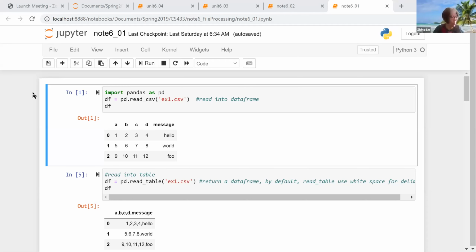Okay, so today we will start with a new unit. It's regarding various types of file processing. So there are two topics in this module: file processing, so various types of file, and data cleaning. We first start with file processing, and previously we already saw a lot of CSV files